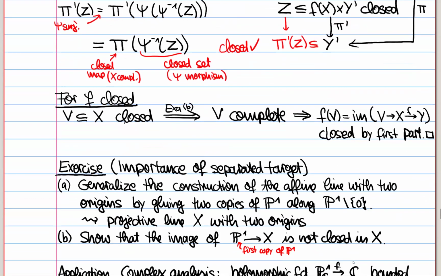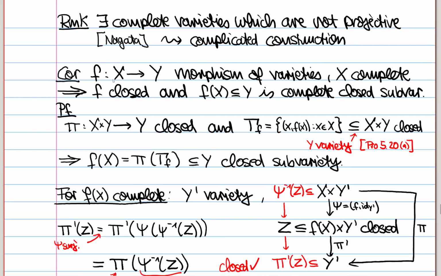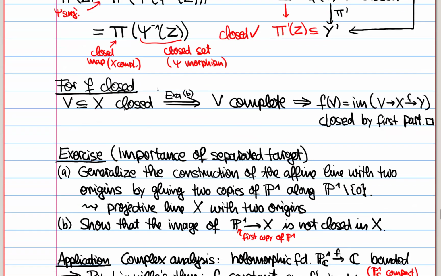And maybe here as an exercise, if you note again the precise conditions of this corollary, it says it goes from some complete varieties to some Y, which is a variety. And it's really important here that Y is a variety and not a pre-variety. And this is a kind of exercise where you can check this importance, and the right